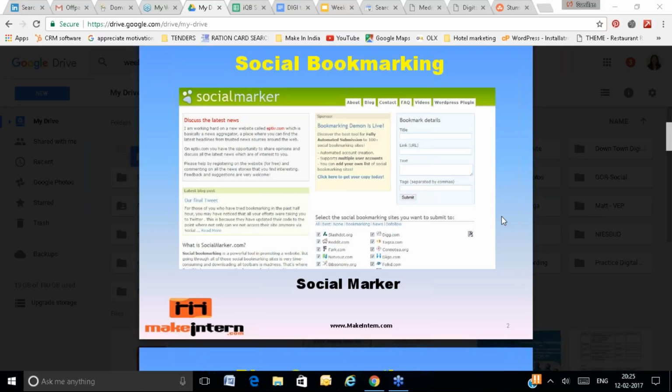The second advantage, if you are sharing really interesting content, people will share it further. It's social bookmarking. Publicly, you have bookmarked a page. If the public is liking that page, if your page is interesting, compelling, inquisitive, then they will share the page in their network. And that way you will get a lot of visitors, and you will get a lot of backlinks.